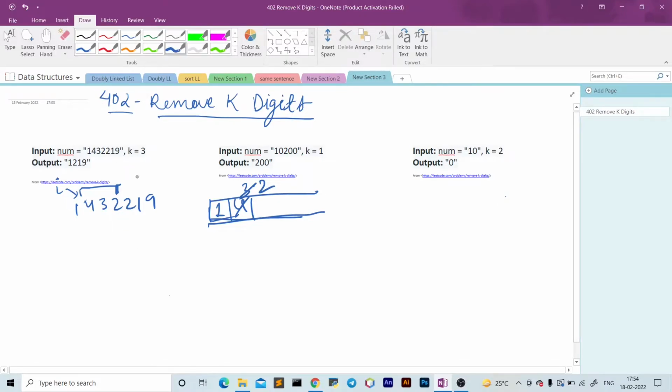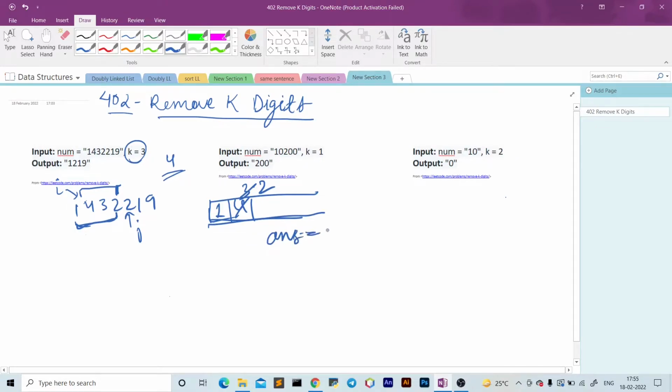Now j becomes this. Now this k plus 1 was 4, but now this window is of size 5. So in that case we'll have to check from this dq what is the minimum that we have obtained for this window. The minimum for this window was 1, so we'll add 1 here to the answer and then move the ith element